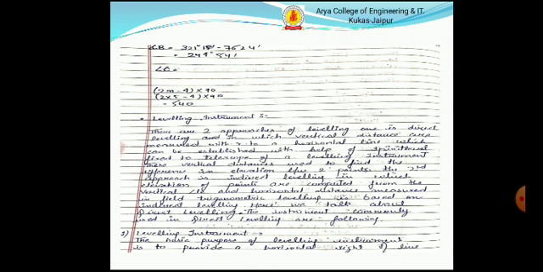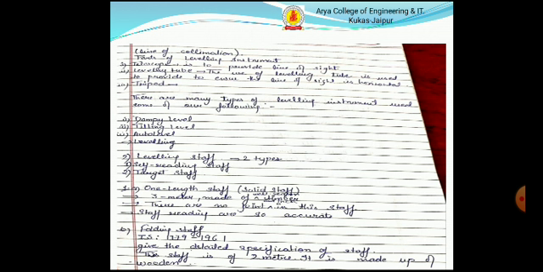The instruments commonly used in direct leveling are the following. Leveling instrument. The basic purpose of the leveling instrument is to provide a horizontal line of sight or line of collimation. The telescope provides the line of sight. Leveling tube. The leveling tube is used to ensure the line of sight is in the horizontal plane. Tripod. There are many types of leveling instrument, and some of them are the following: dumpy level, tilting level, auto level.